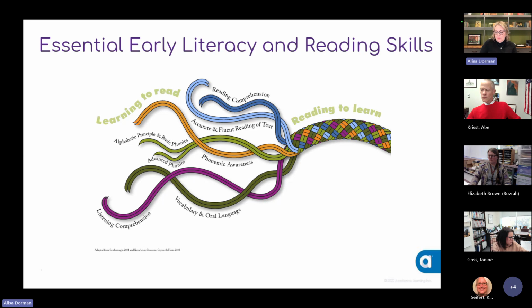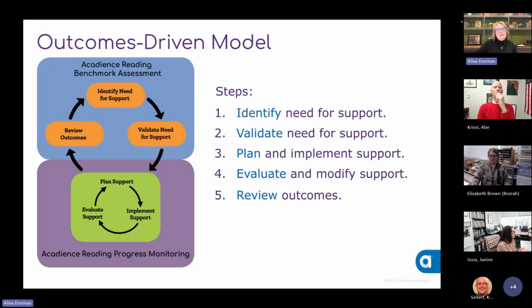Again, just reminding you that we see the same value you do in teaching all the skills necessary to support students to become readers, to go from the learning to read phase to the reading to learn phase, as is illustrated here in the row. Looking at each of these individual skills over time as indicators, being able to measure these indicators over time as well, to be able to ensure that we have students who are ready to move on to that, ready to learn independently, reading silently, and for meaning.